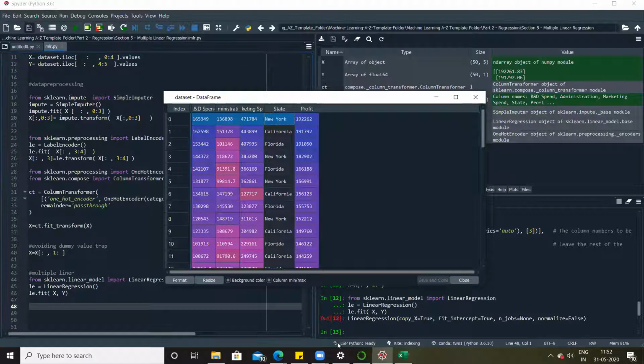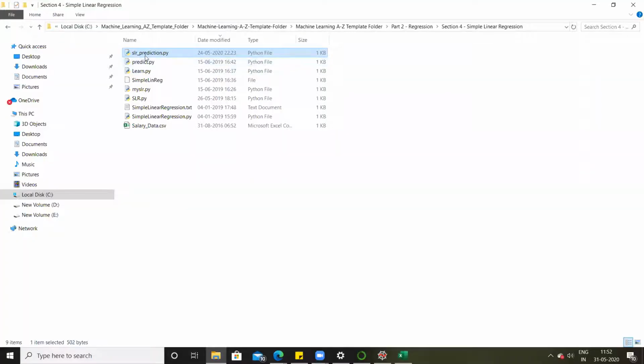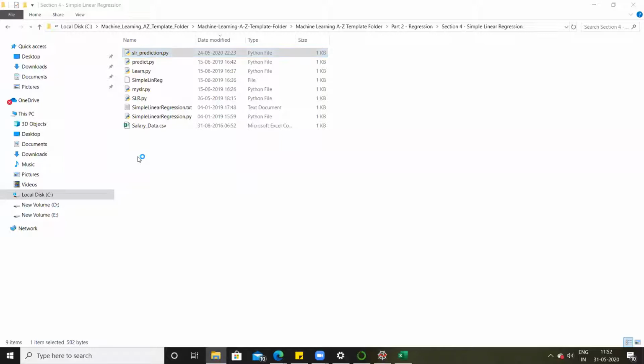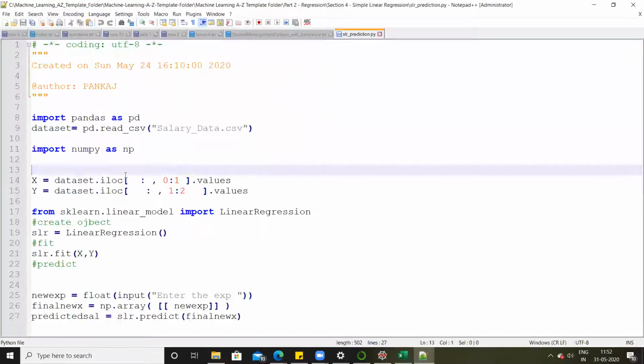So in case of simple linear regression, it was very straightforward, right? Where we have only asked them one question. So I think this was the program which we did in the last session, right? So here you can see we have only asked them experience.